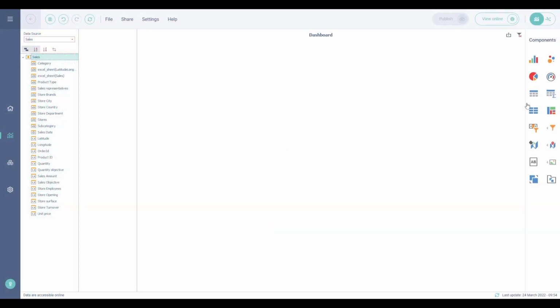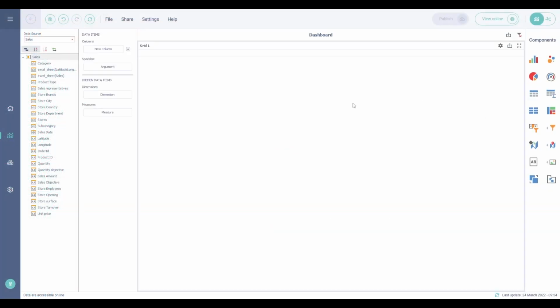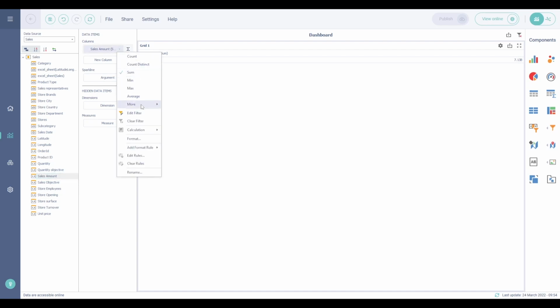To insert a grid in Biwee, click on the grid icon in the component area. The data setting has two main items, columns and sparkline. If we drag the sales amount field in the columns area, Biwee displays the aggregated amount of sales using the default sum function. By default, when a numeric field is dragged in columns, Biwee considers it as a measure and